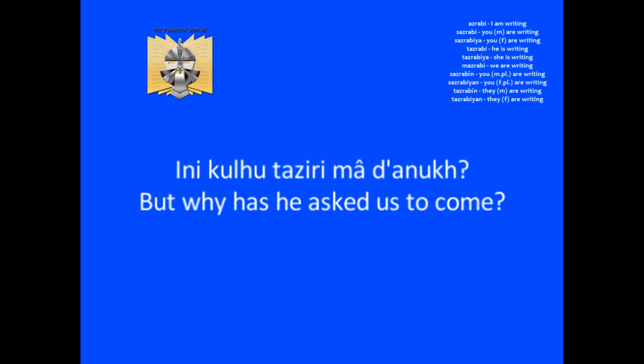What is important here is the translation has favored the past tense. I mean, we could have translated it as, but why is he asking us to come? And it would have been just as correct. But seeing that we know he has asked in the past, yet we do not know why he has asked us, so we're vividly imagining him asking us, we will use the imperfect and translate it with the past tense. Another prime example that translating Neo-Khuzdul is not always cut and dry.